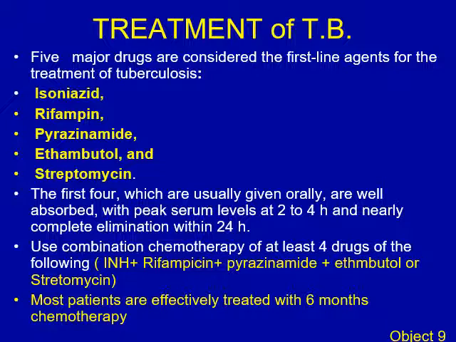Treatment of TB: it is a bacterial infection, so it needs antibacterial drugs. We have first line drugs and second line drugs. Here for you I go through the first line drugs only. We have 5 first line drugs. As I mentioned, this is the INH or isoniazid,